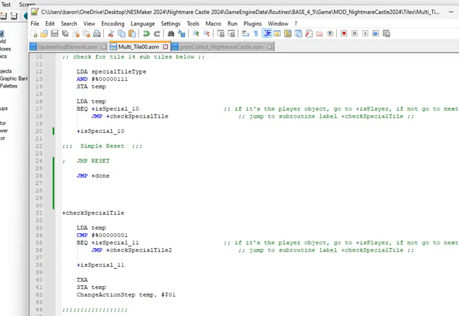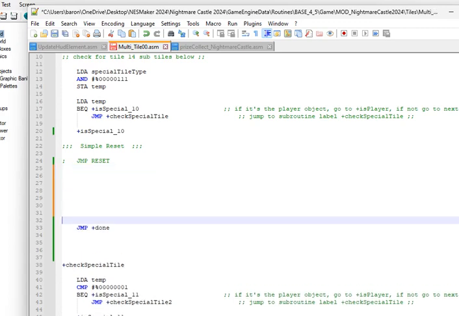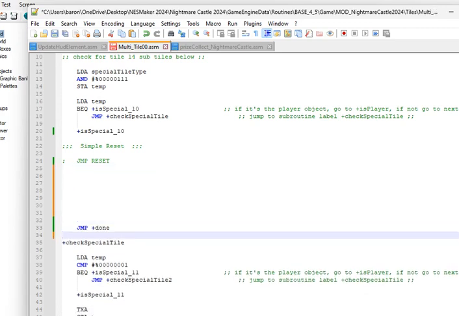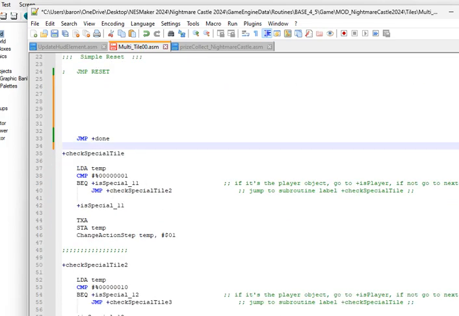Alright, that works. So now we can put whatever we want in here above the jump done. And what you're going to do next, you're going to do this.